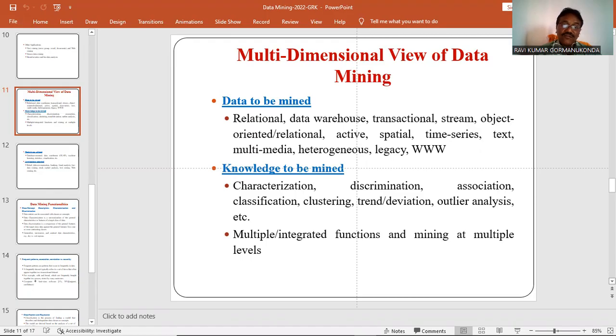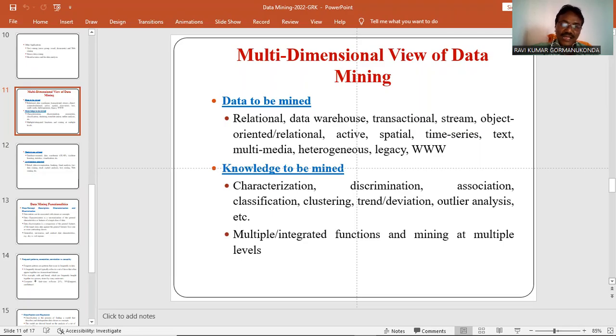Another view is knowledge. What kind of knowledge is to be mined? Like you just explained, data mining functions such as characterization, discrimination, association, clustering, classification, and outlier analysis. Different kinds of knowledge exist depending upon the task and the data.